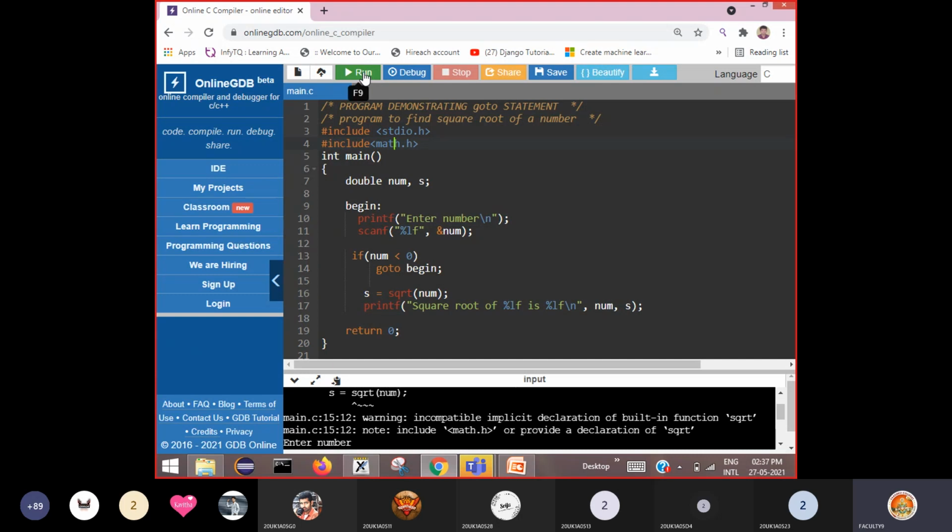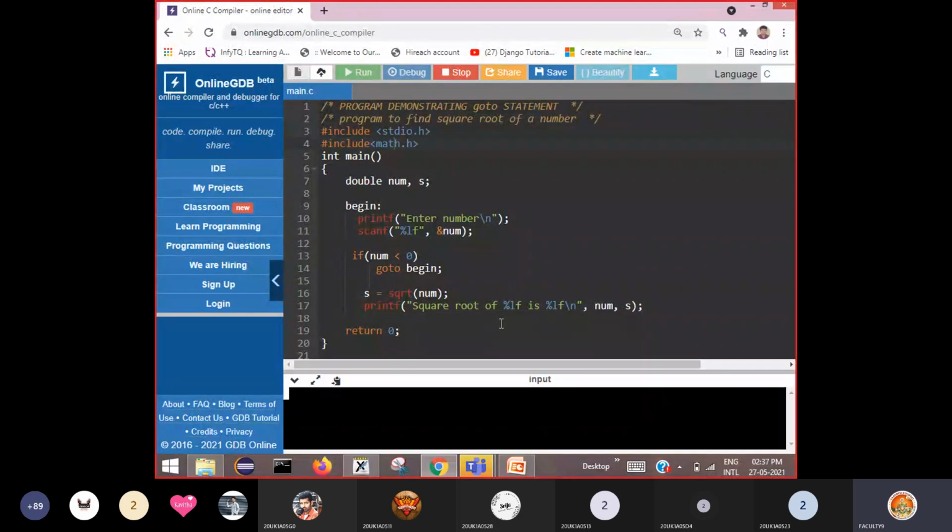Okay, so now I run this program. Now you can see, without any warning, it is asking you to enter a number. So now you enter a number. For example, 25 I enter. Now you can see, square root of 25.00, because it is double type, it prints 25.00 is 5.00.